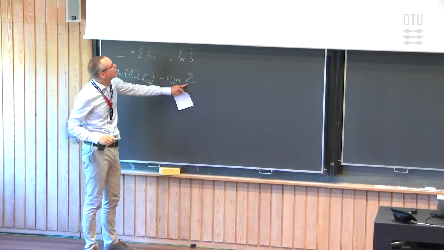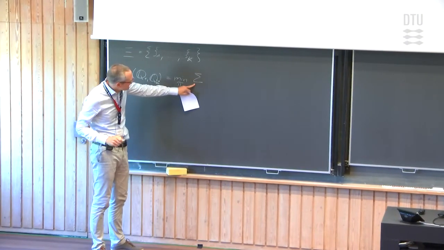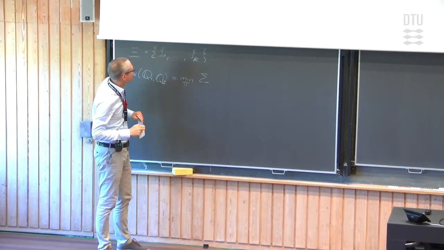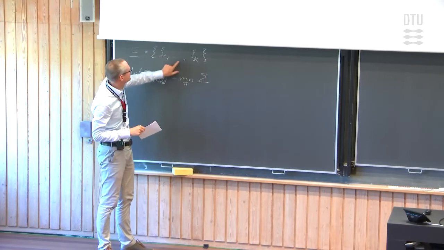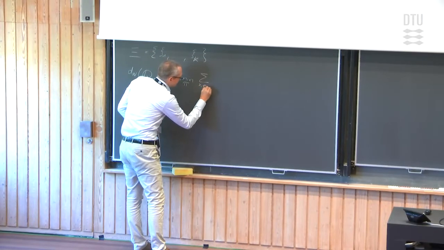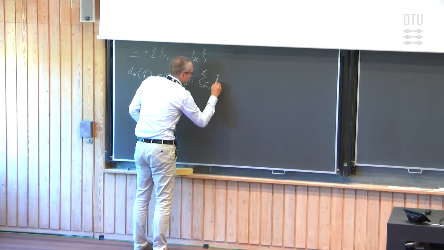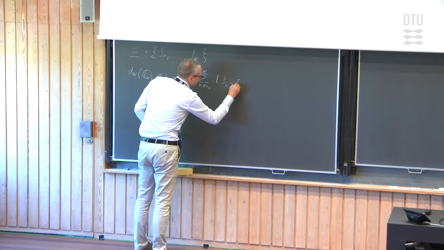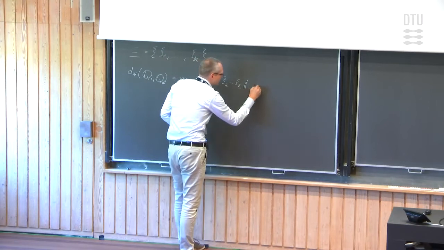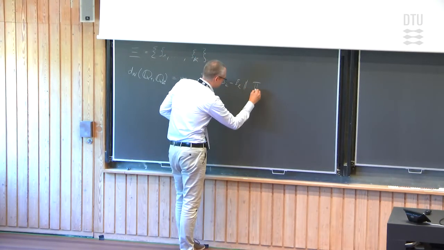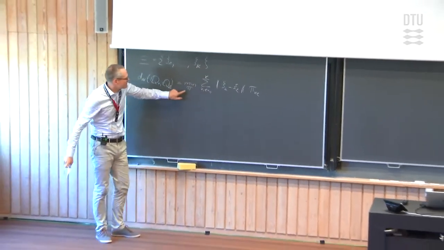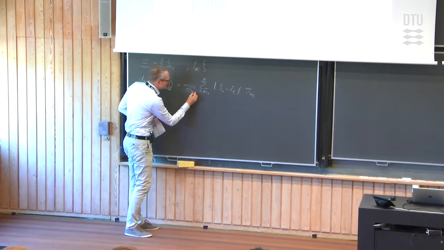Now, the sum needs to go over all realizations of the first random variable, xi1, and the second one, xi2. Each of these can be one of these discretization points. Okay? So I need to sum over all k and l that go from 1 to K. I need to take the distance between xi k and xi l. And then I need to multiply this with the probability of these two outcomes, xi k and xi l, and that's just pi k l. Okay? So the pi, that's our distribution.